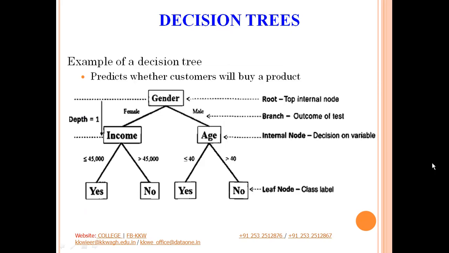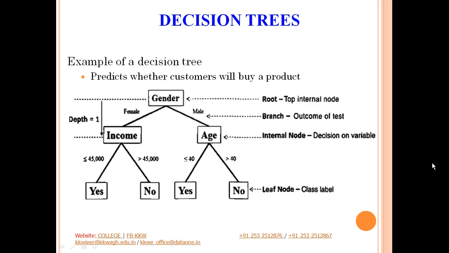So this is just a short example of a decision tree wherein we want to predict whether the customer will buy a particular product, let us say a computer, or not. So the root node is the node on which we are checking one of the attributes from the input variables, that is gender. Now this gender can have values either male or female. Depending on the value of the test attribute gender, we will proceed either to the left branch or to the right branch. So let us say we proceed to the left branch, that is, if gender is female,